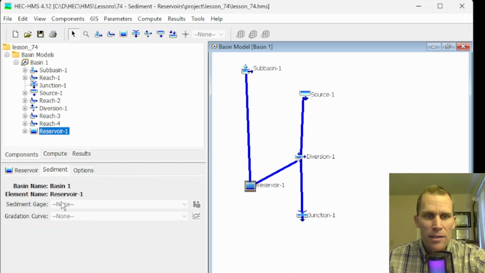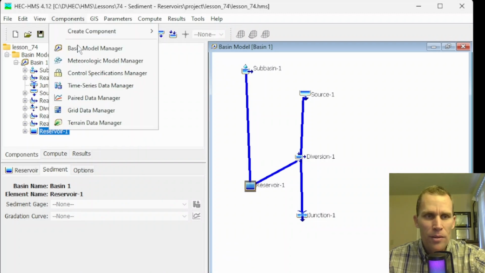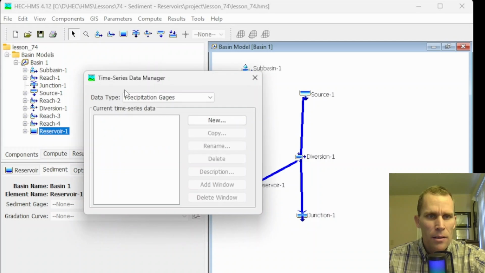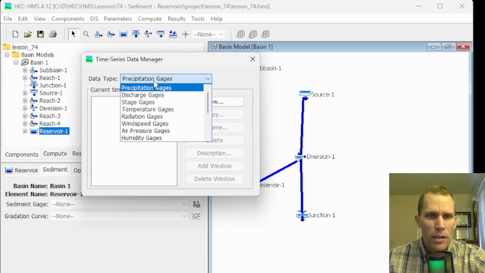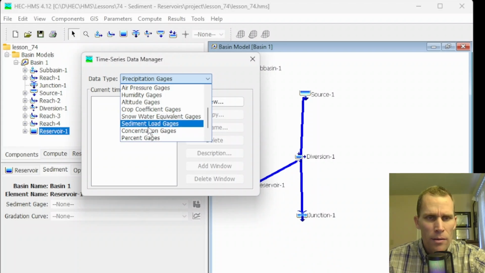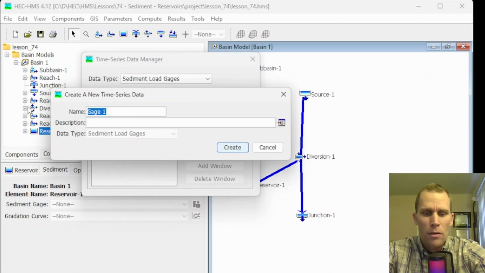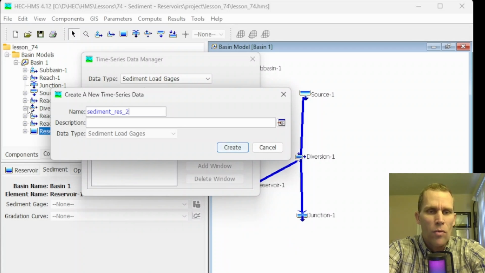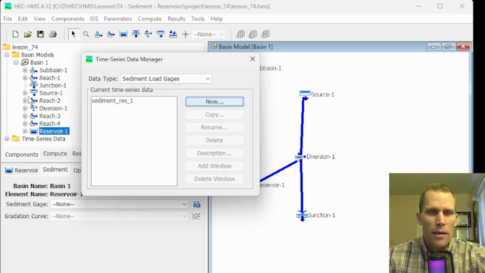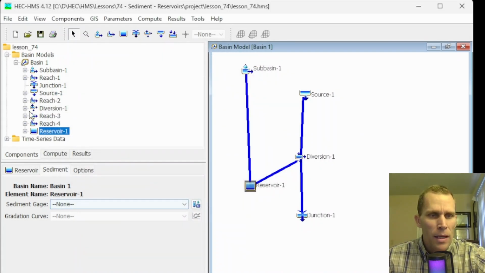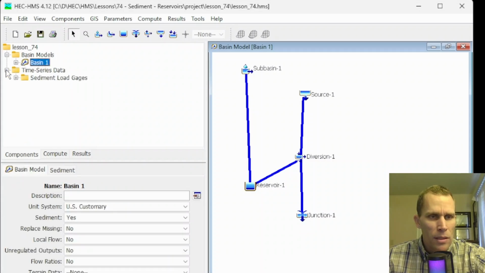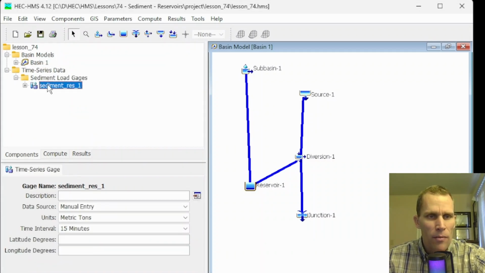All right, so to get these types of data sets, I'm going to go up to components. Let's see, sediment gauge would be a time series data set. So I'm just going to go ahead and create these for fun. Let's select the type being right here, sediment load gauges, and then click new. And then I'll just call this sediment reservoir 1. Okay, and create. We'll close that. And then if I scroll down to the time series data sets, sediment reservoir 1, I can define that by